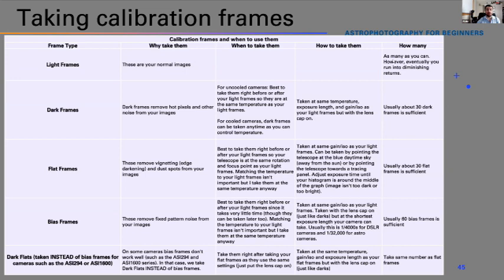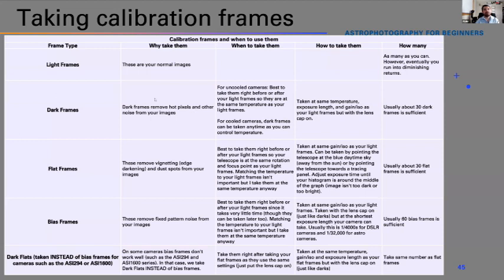You can take an hour or you can take 30 hours, but eventually you run into diminishing returns. To get the same improvement going from 15 hours to 30 hours, as you would between 30 hours and taking more, you would have to take 60 hours of images. So eventually you end up running into diminishing returns where it's just not worth spending that extra 30 hours to get a little bit more improvement. But take as many as you can.